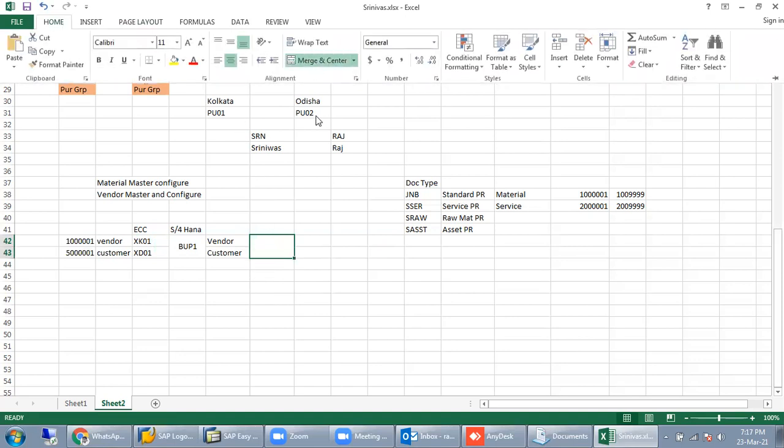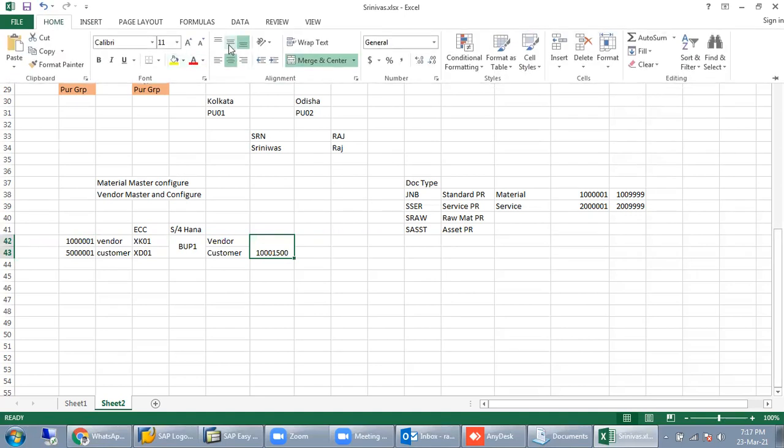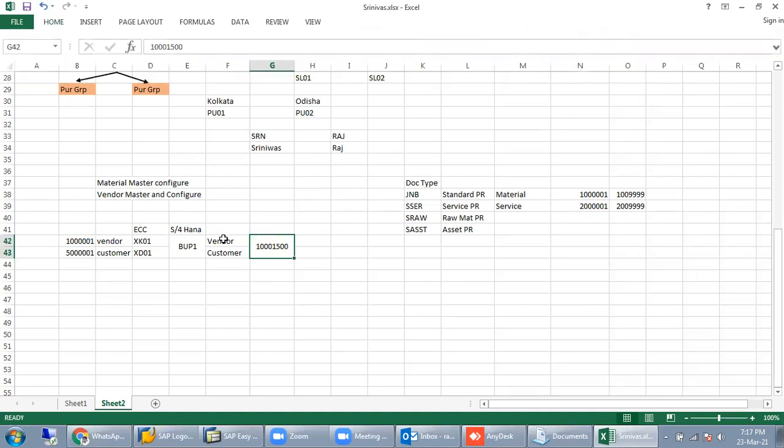Suppose a code is generated like 1001500. This is our code, and it is relevant to both. We can buy from and sell to that partner. Only one code needs to be created, and we can assign it as a vendor or as a customer, whatever we require.